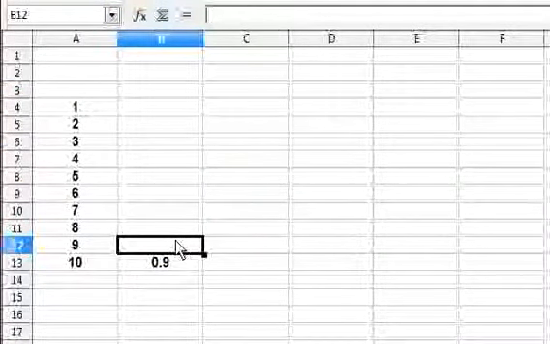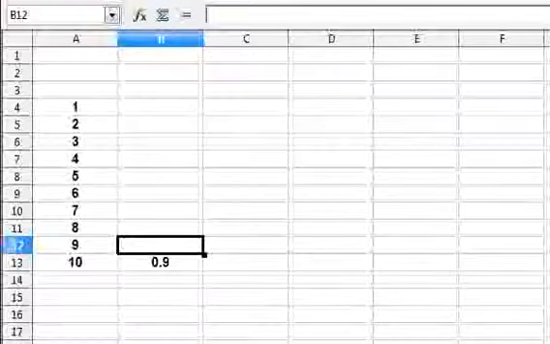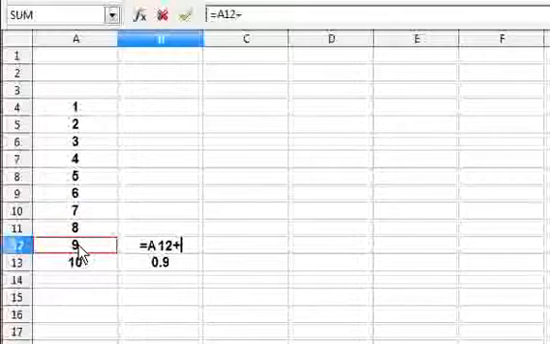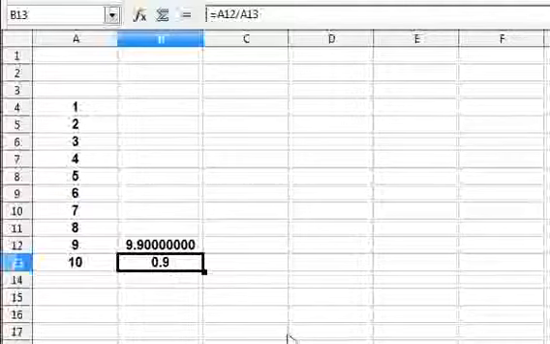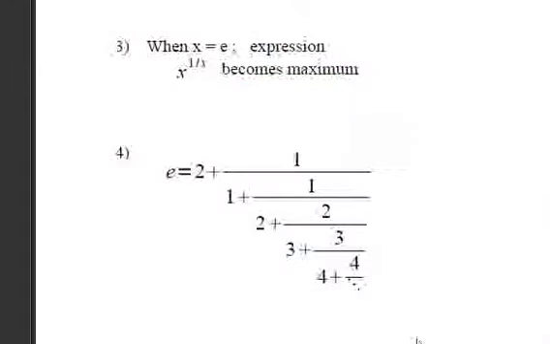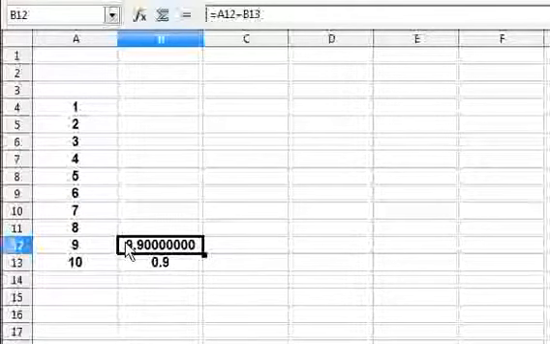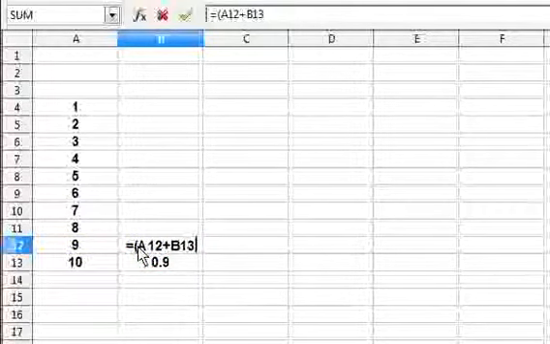So the previous term of this, if you look here, it is 4 plus 4 by something. So it will be 9 plus 9 by 10. So in the end of the series, I will calculate that. So is equal to 9 plus 9 by 10. This will be my number up to this denominator, and that is going to be divided by 8. So I will directly get that value here. I'll simply say, and close this bracket, and then say